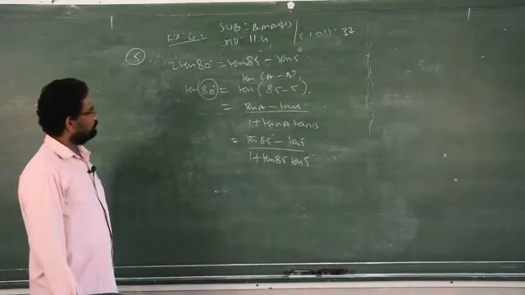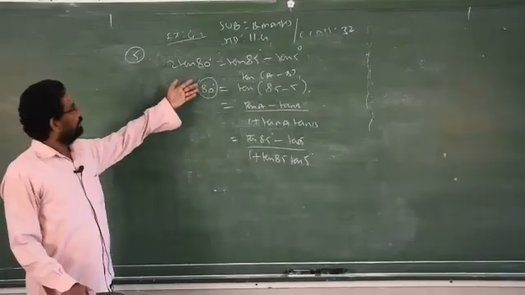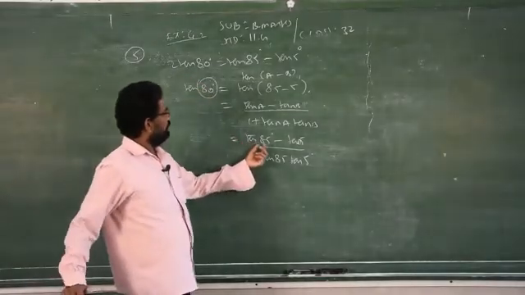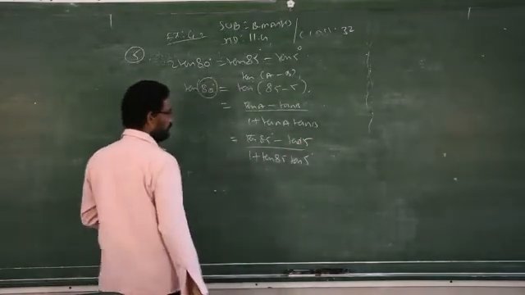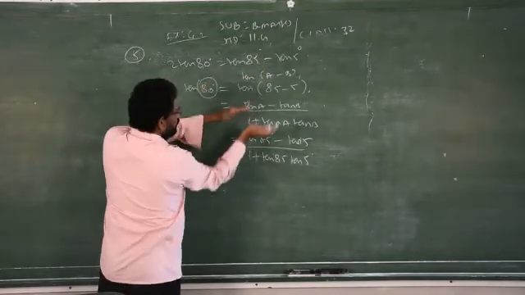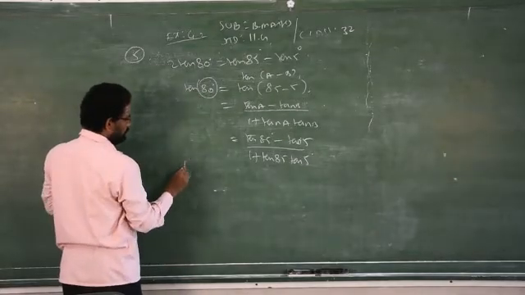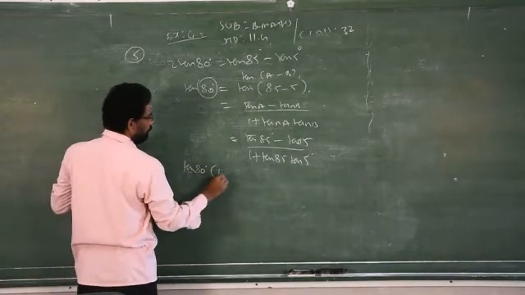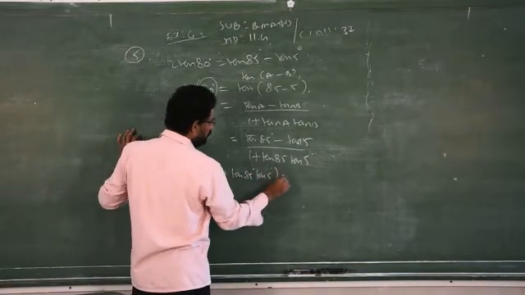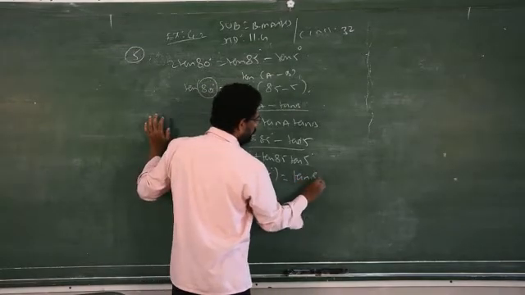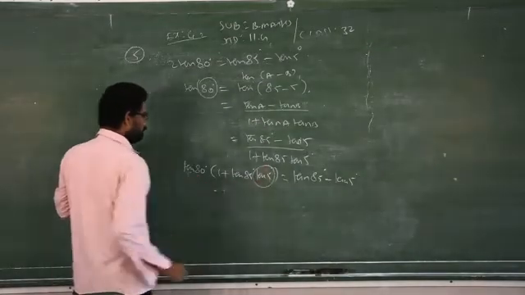Clear? So I got now tan 85 minus tan 5 over 1 plus tan 85 into tan 5. I am taking this because I need only the numerator alone. So I transfer the denominator to the left side. So already we have tan 80. So tan 80 into 1 plus tan 85 degree into tan 5 degree is equal to tan 85 minus tan 5 degree. This I am replacing.